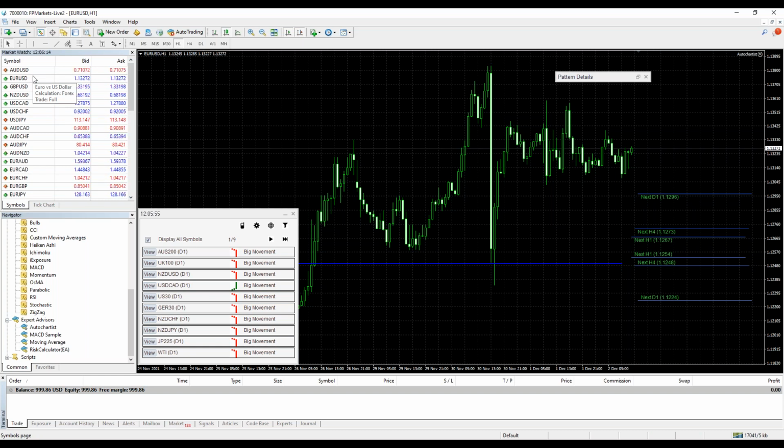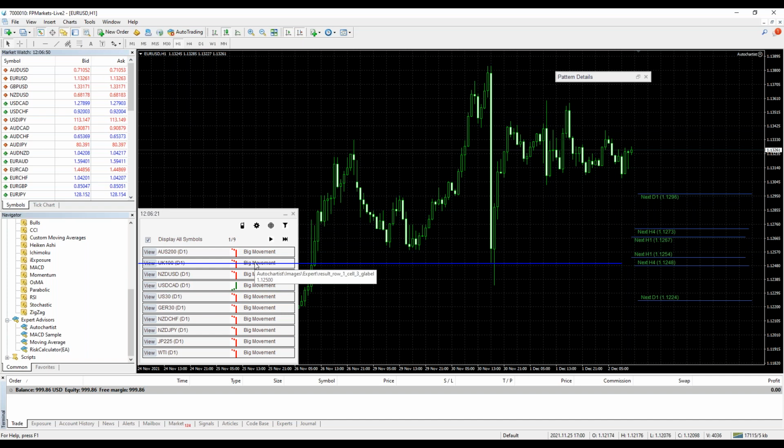Typically, it depends on what asset classes you're trading. If you're trading single stocks, then you're obviously showing a lot more stocks. But if you're trading FX or currencies, or even cryptos, which are becoming more popular these days, then you typically have in the region of 5 to 10 instruments in your market watch window. If you're trading more than that, you're really pushing the boundaries of what a human is capable of doing. But I've got a lot of them here so that I can show you a lot of different trade setups